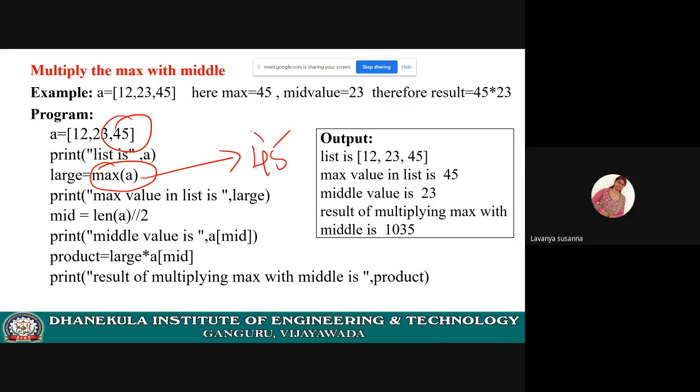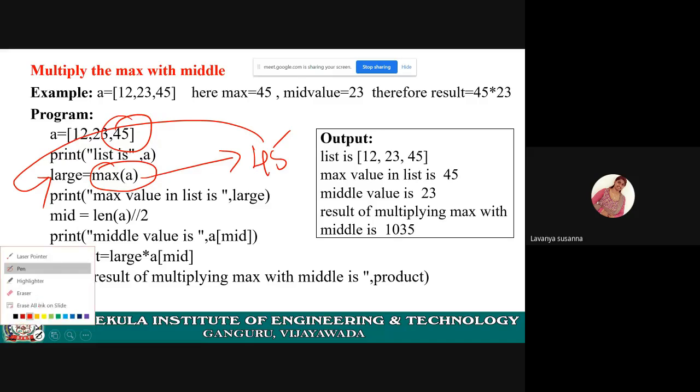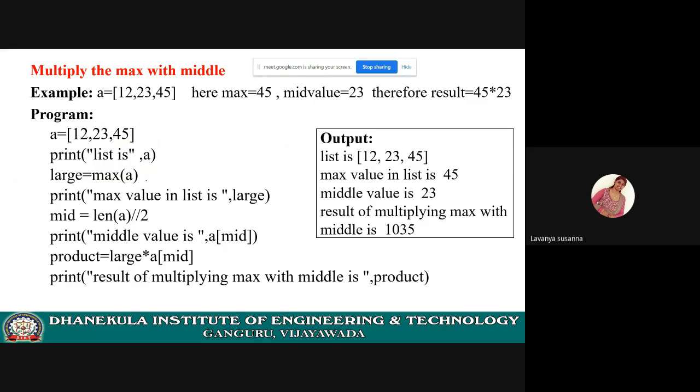Now 45 will be returned to large. Remember there must be a variable name equal to the max function. This max function will return the largest value in this A list. Large contains 45. Yes, you have found the maximum value, right? Completed.